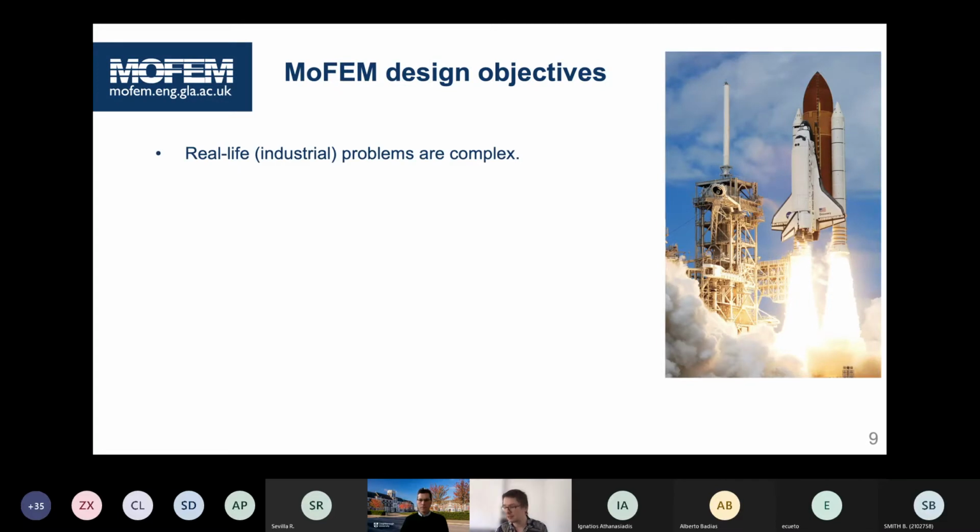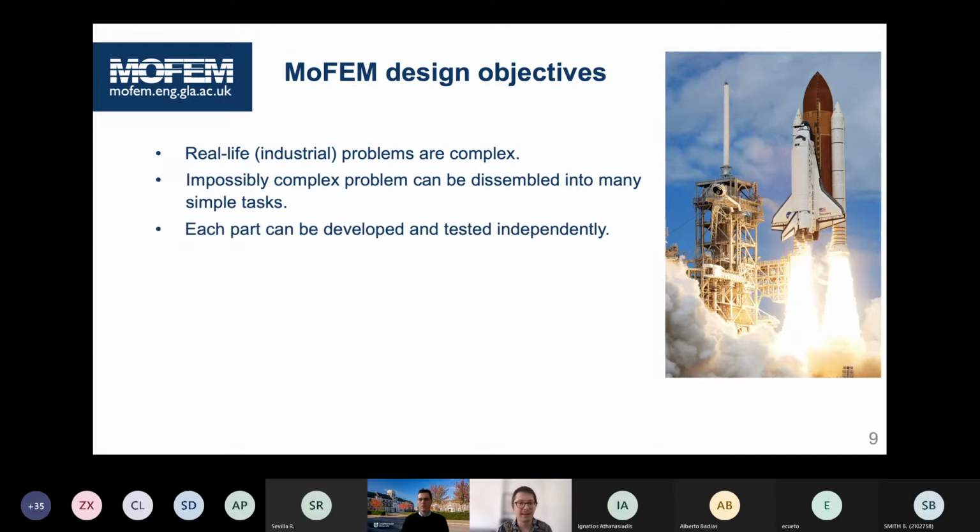It's that we appreciate the fact that real-life industrial problems are complex, like a space shuttle. So we have to find a way how we can take any complex problem and decompose it into many simple tasks. And each part can be tested independently. It can be tested by various people, written by a PhD student, postdoc, or whatever, professor, and then